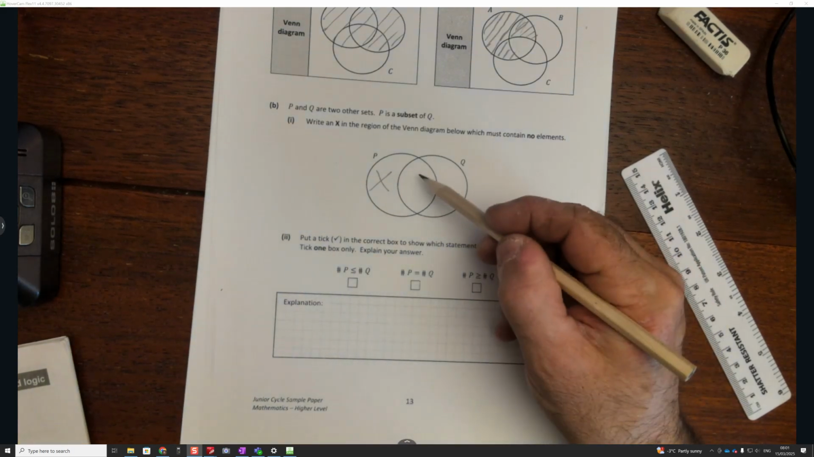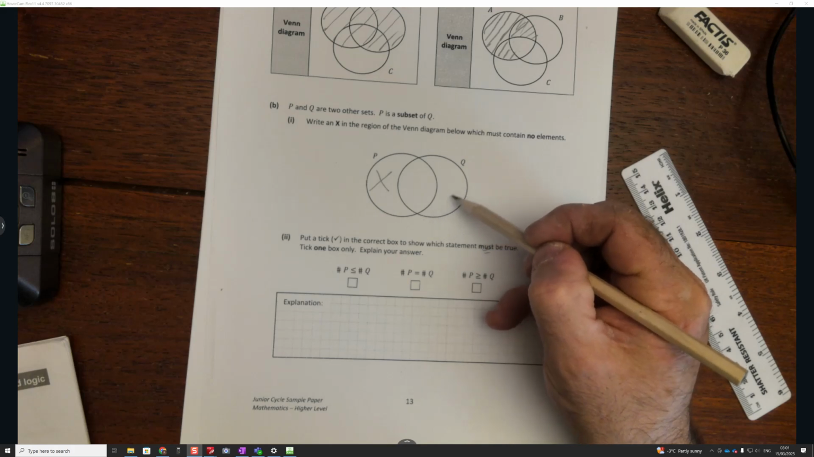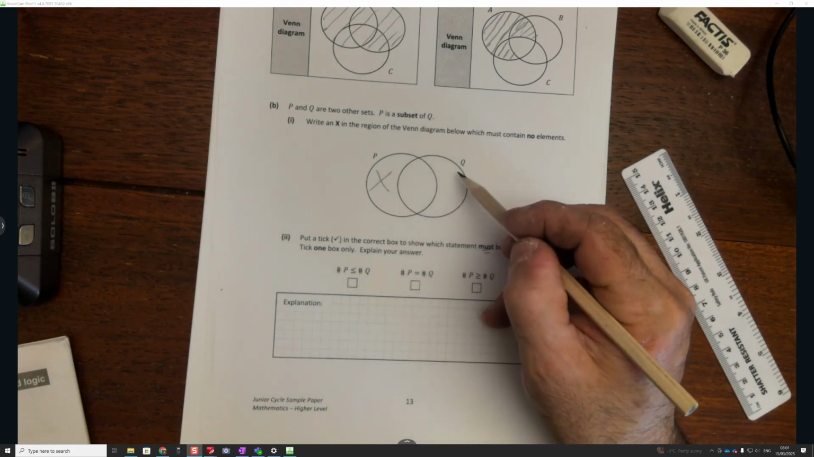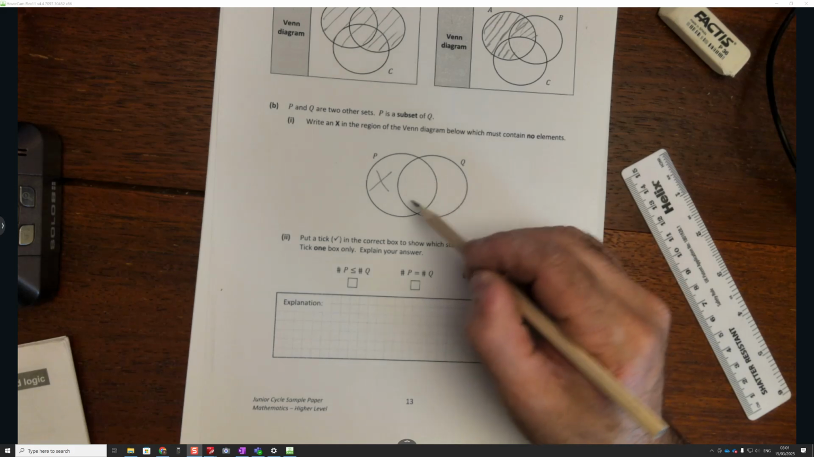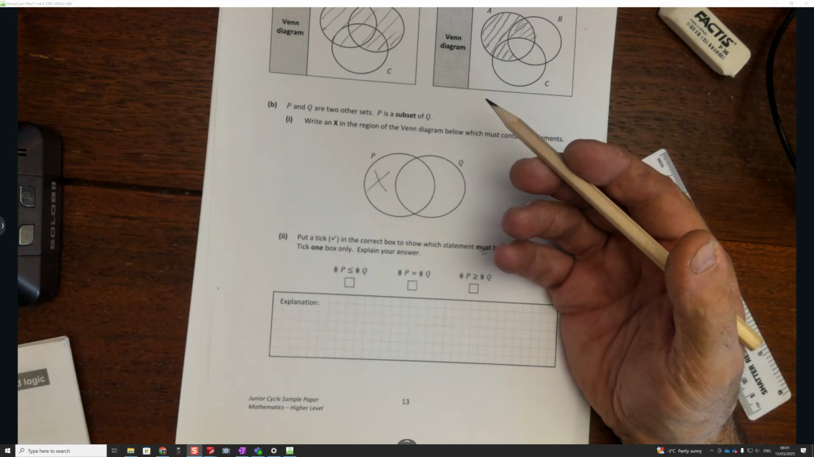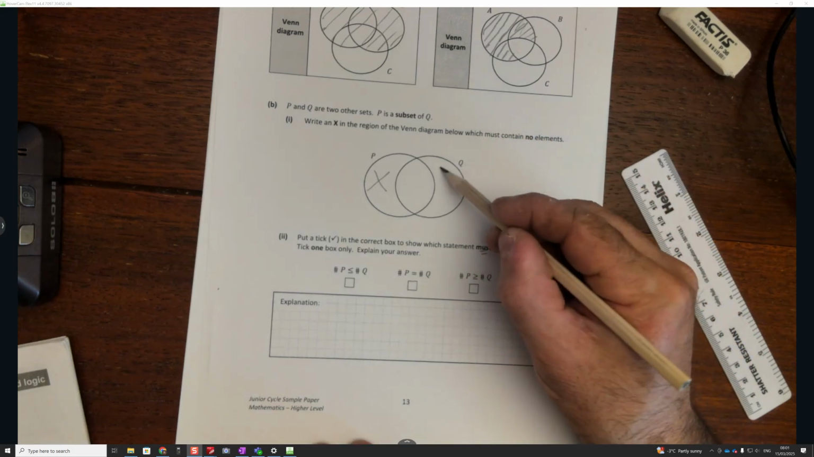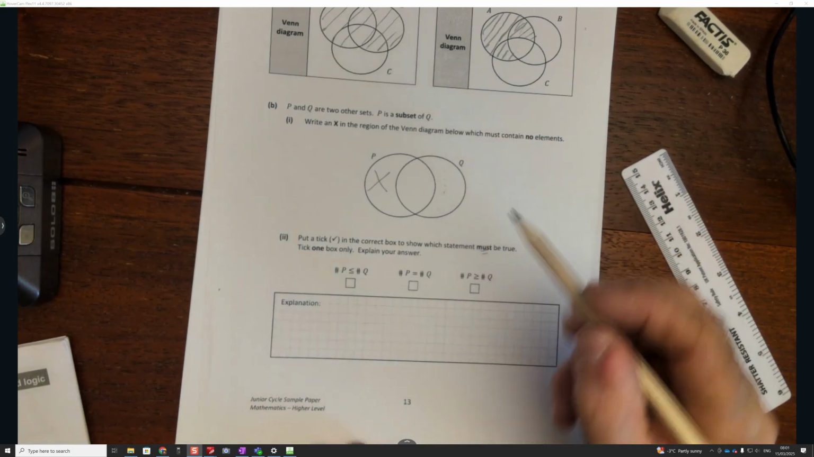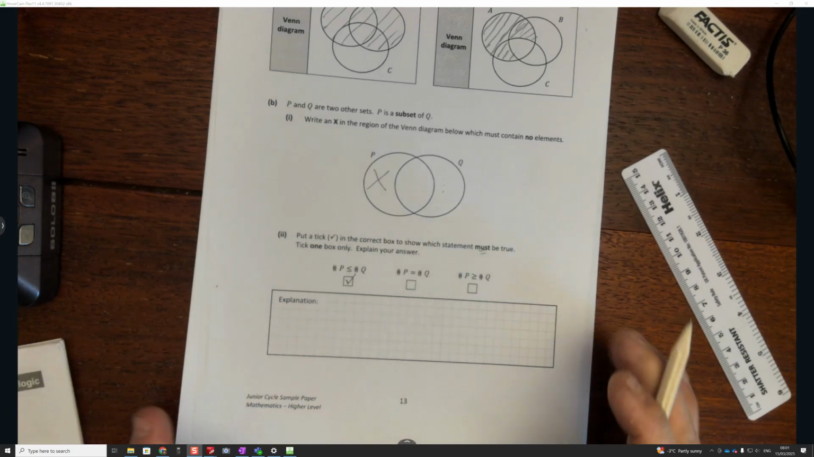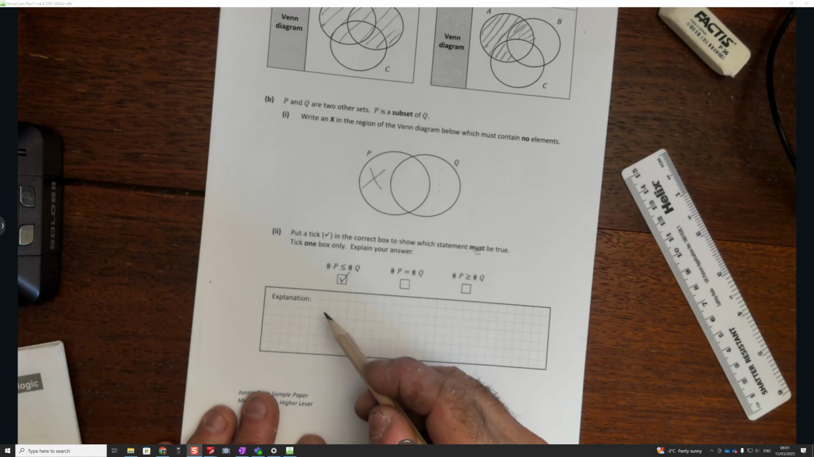So what could have happened here is we could have had nothing out here, in which case the size of P would be equal to the size of Q, and you'd have stuff here just. In other words, P and Q would be the same thing. But that's not necessarily the case, because we can have stuff here. Okay, so the first option is the only option that could work, and the explanation is